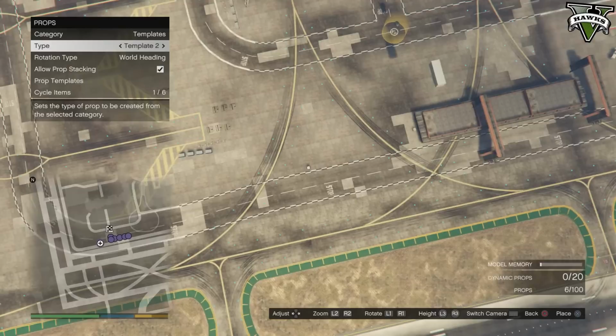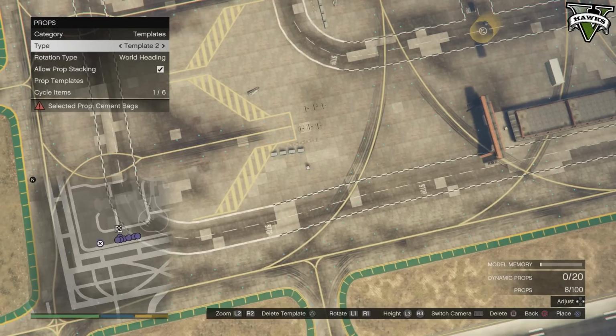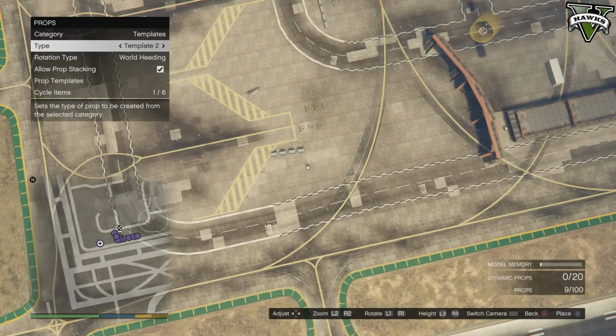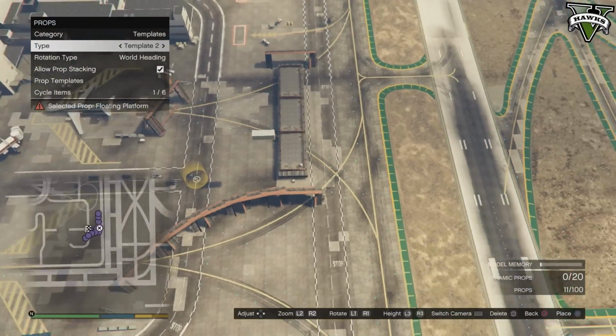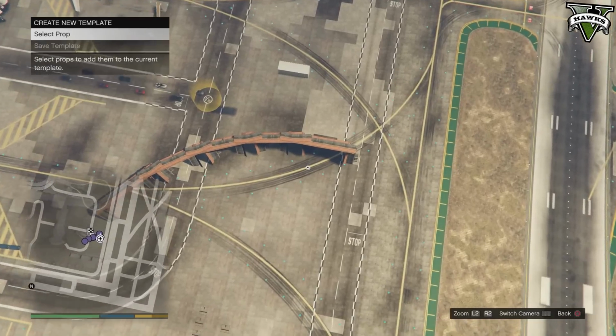And now your template will be, where is it? There. So now you've got that on the end of a thing for a template, and you don't use as many props when you're placing it. You can just simply place and place and place. So that should save you a few props when you're making templates. So the third tip,